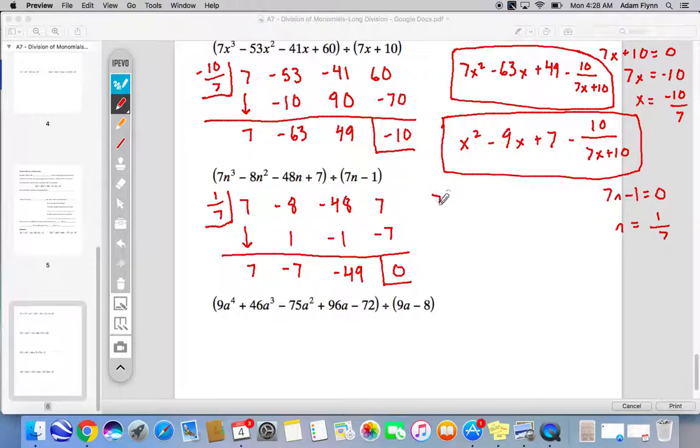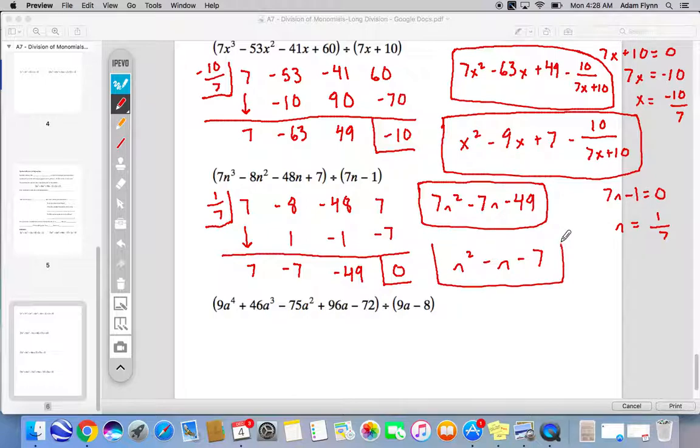So I have 7n squared minus 7n minus 49. Okay, and just like the problem above, because all of these coefficients are divisible by 7, I can rewrite it as n squared minus n minus 7. Just taking the 7 out of all three terms. Okay, next problem,